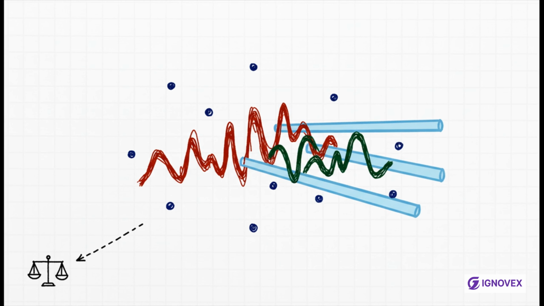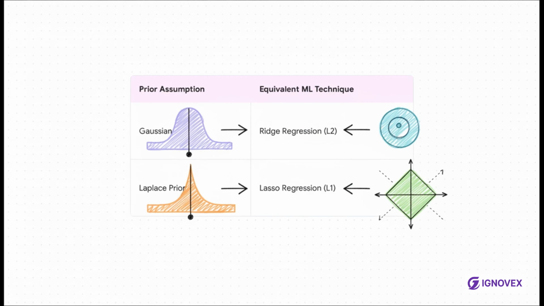Regularization is what we use to stop our AI models from basically overthinking the data they're trained on, a problem we call overfitting. It keeps them from making wild, crazy predictions based on very limited evidence. And this connection is not just some vague idea. It is explicitly mathematical. If you choose a specific type of prior belief, it's mathematically the same as using a